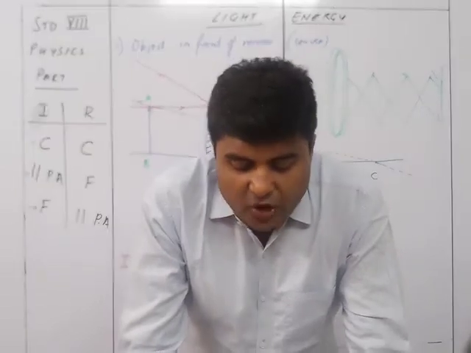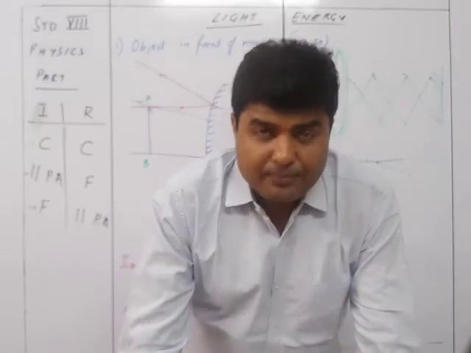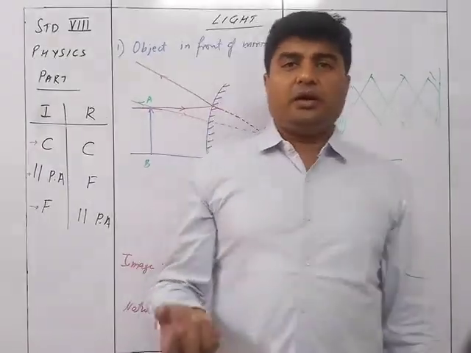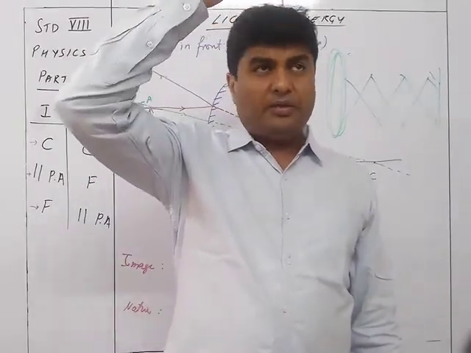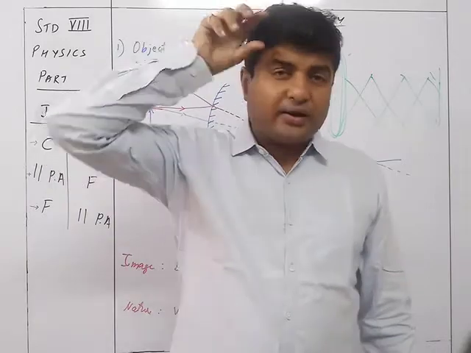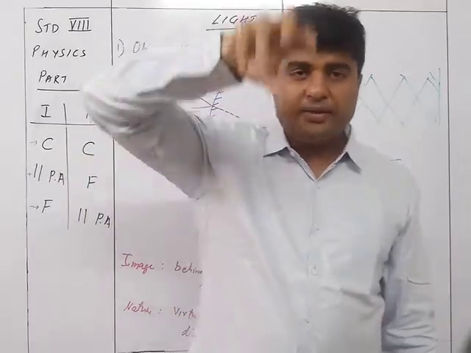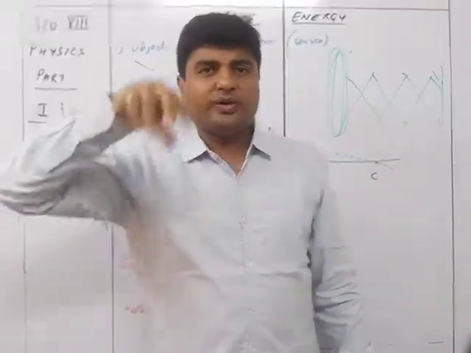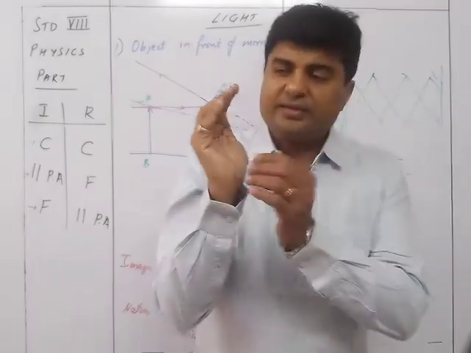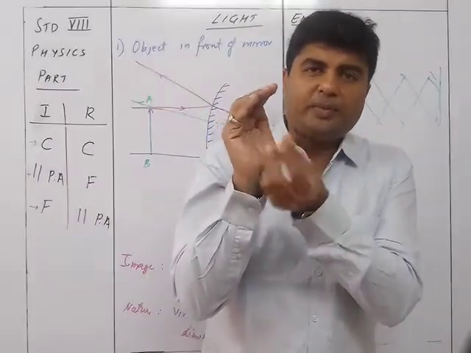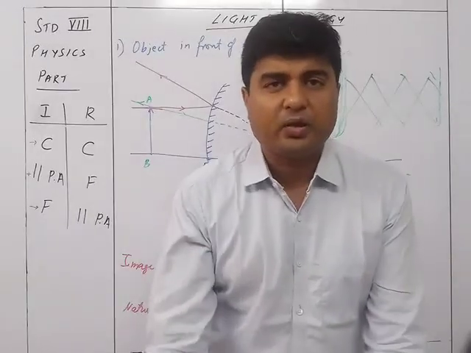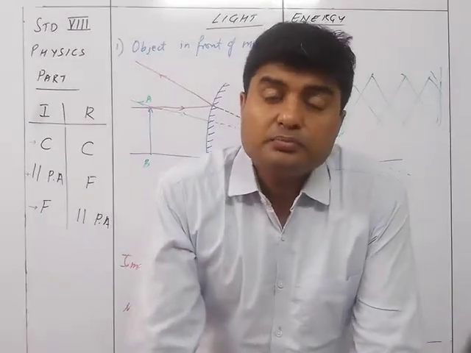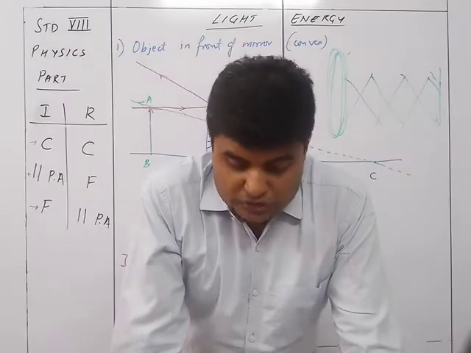Next is use of concave mirror as a doctor's headlamp. You must have seen that normally the dentist or the orthopedic or the eye specialist has a torch in front on their head. In that torch, there is a mirror and then there is a bulb over here. The bulb is at the focus, so you get light on a particular point wherever the doctor wants to see.